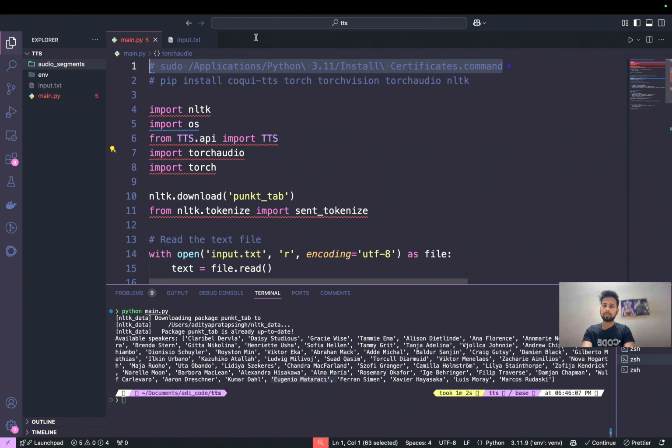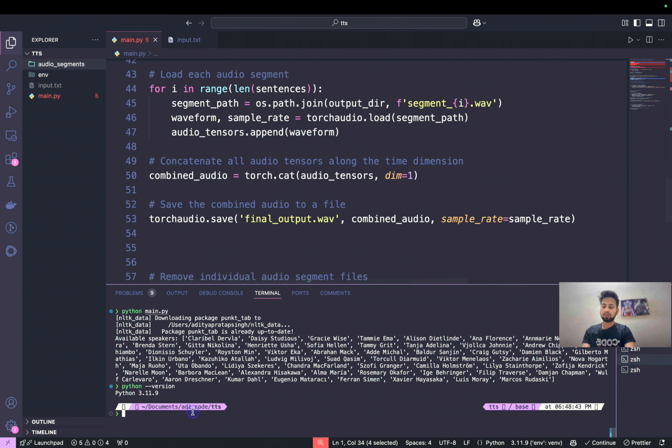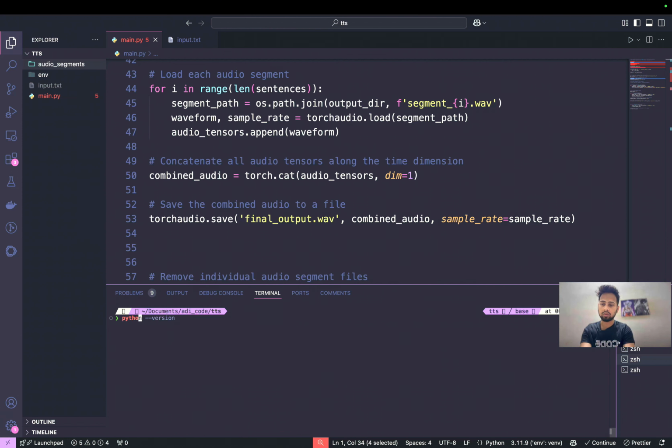And I am also pasting this particular command just in case you need it. And here let me just confirm python --version. Here it is 3.11.9, so this does not matter, but if it's 3.11 you have to write 3.11. If it's 3.12, then 3.12, which is currently the latest one. So now what we can do, we can simply run our code,